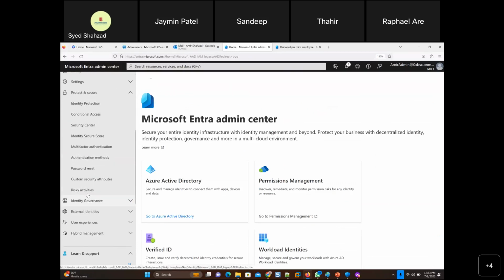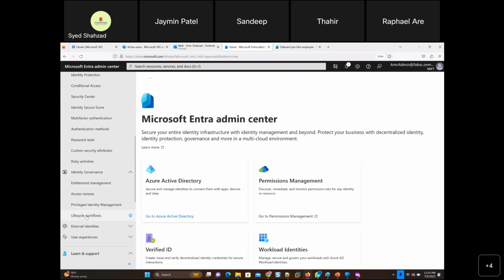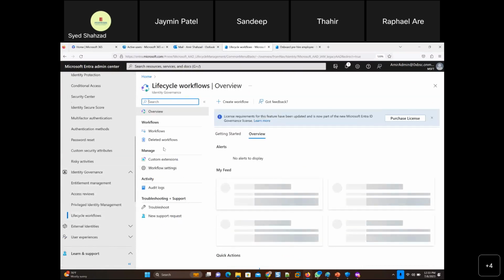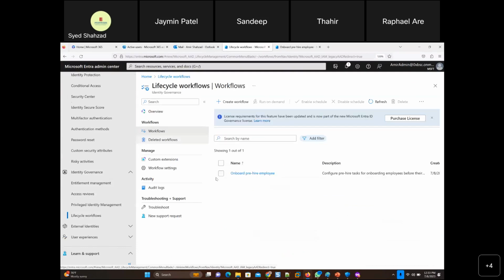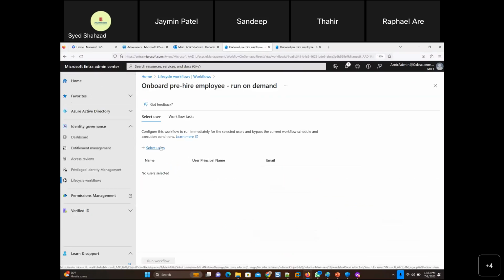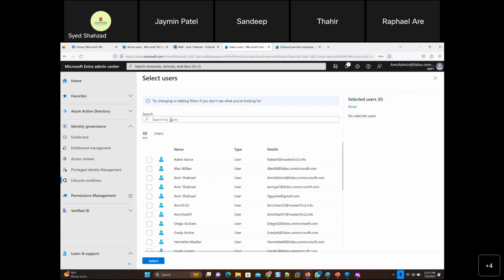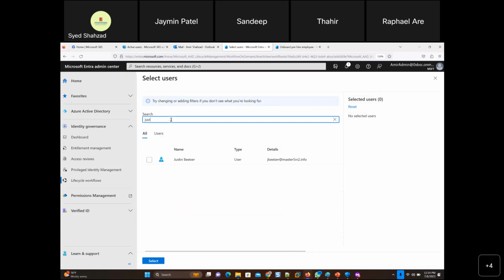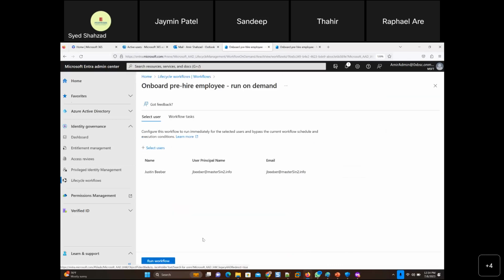And then I will go to that compliance workflow. Yeah, I created the user, so there was an email coming that you created a user. I'll go to lifecycle workflows where the workflows are, and then select run on demand. I want to run this automation on that new user that I just created, right? The employee did not arrive, it's pre-hire. So after 1 week, maybe the employee is about to come. So, just Justin Bieber. Maybe he purchased our company because it's so rich. And then run workflow.